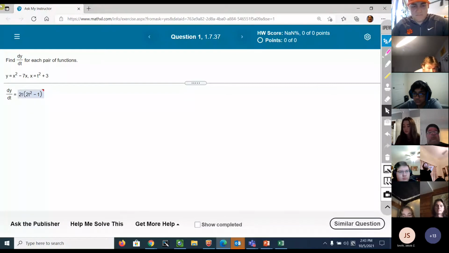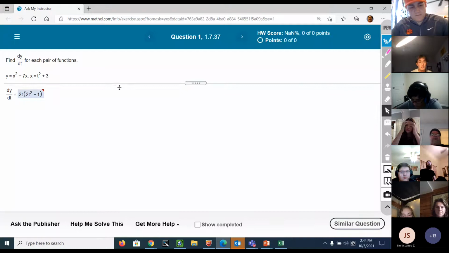So y is equal to x squared minus 7x, and x is equal to t squared plus 3. I think they're trying to show you how to rewrite the derivative in terms of what you're taking the derivative of. So with this one,